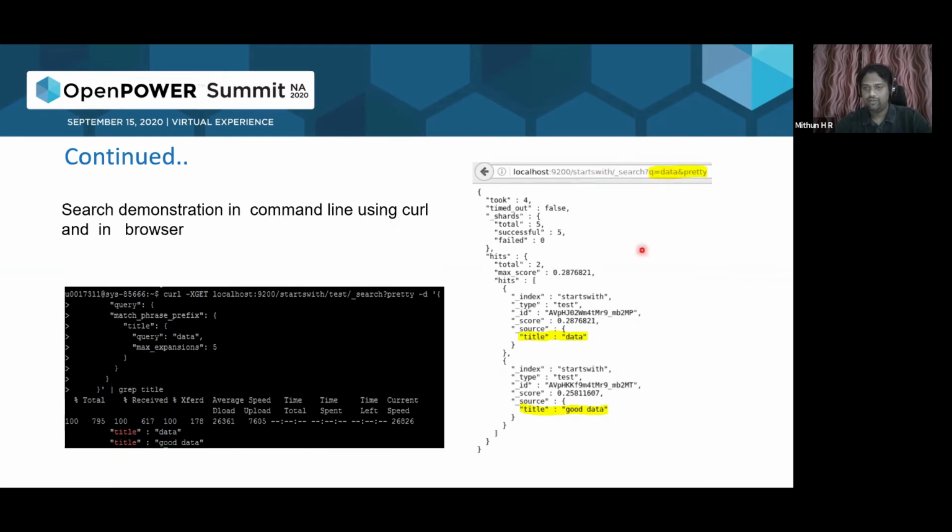It will go to the title field and try to match that keyword. So here we have data as a keyword, as a tokenizer. If there is a match, it will give out all the packages matching that keyword, right? That is something which will be converted into a human readable format, right? Instead of the browser, you can get it on a command line as well, right? So that is something we have done here.